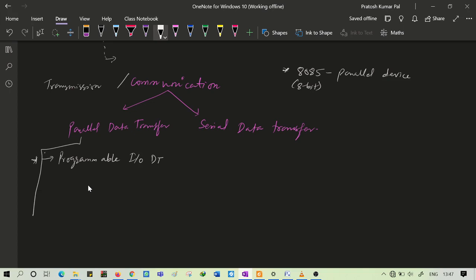This is the first type of transmission. It is further divided into two parts. One is synchronous, another one is asynchronous.